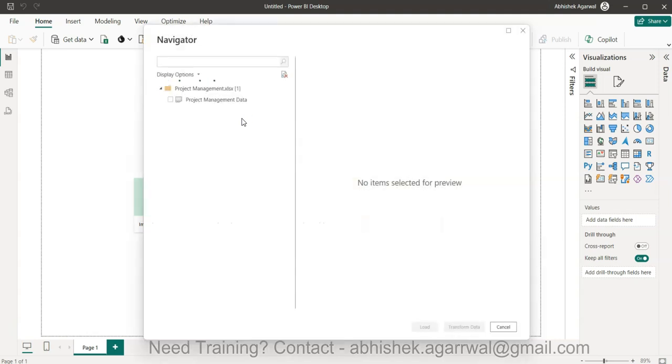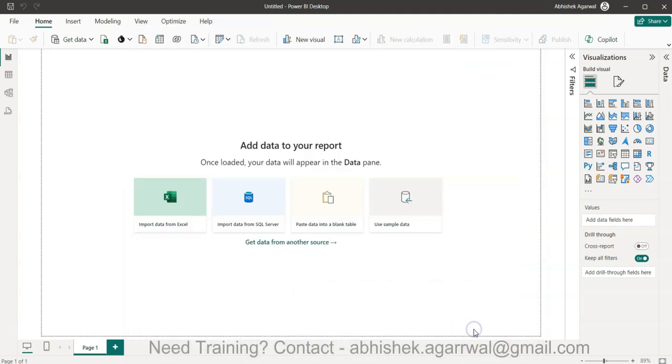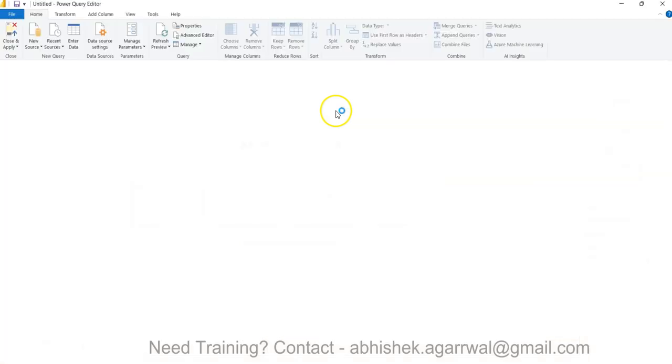Then there are some steps related to the data conversion, especially related to date and geography. So as you can see, it is not coming properly, this is not a proper number, so we can't aggregate the dates and all. We will see if these are giving us any heartache. So let's just click on transform data, and in the transform,